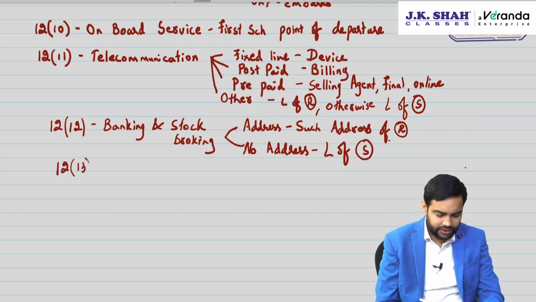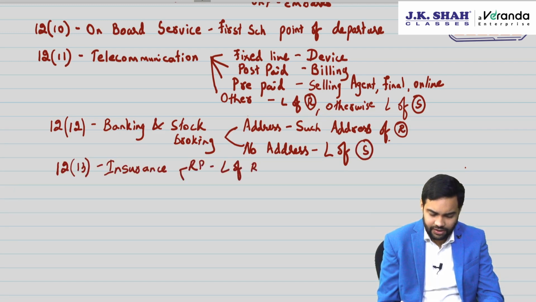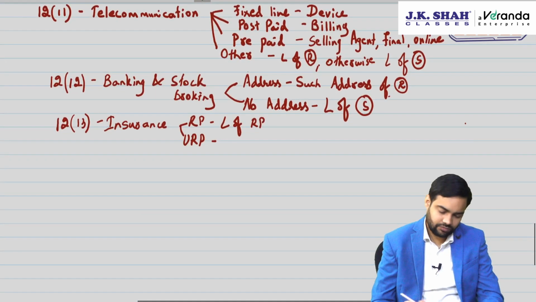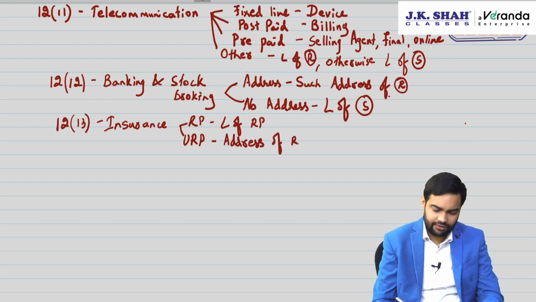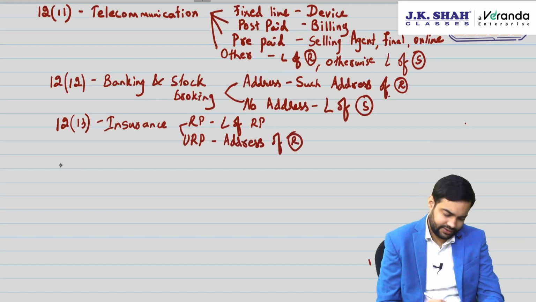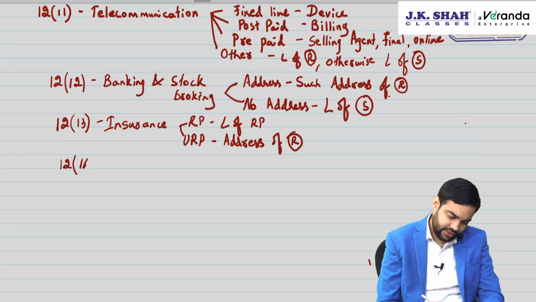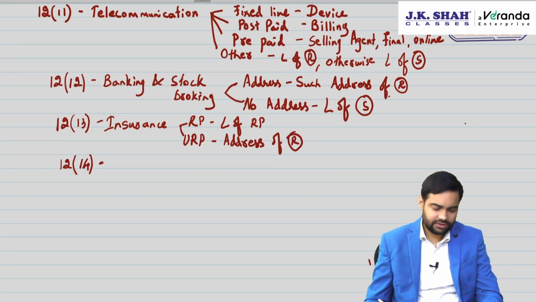12.13 talks about insurance. In insurance, do you generally give the address? The answer is yes. So RP, location of RP. If it is provided to URP, then the address, because the address of the recipient will be available in case of insurance. Then 12.14 basically talks about